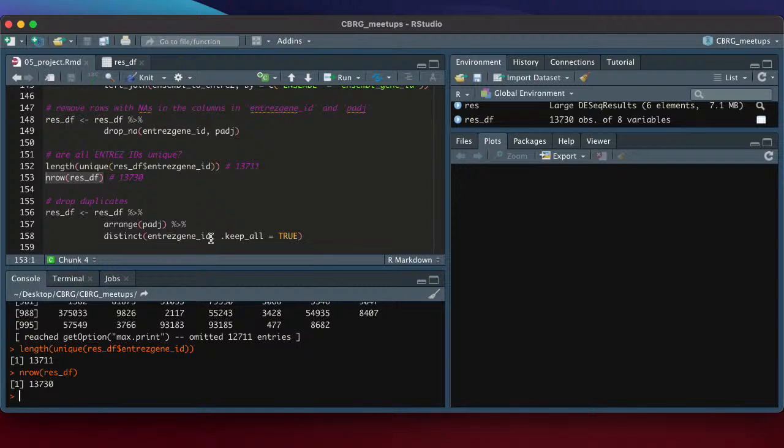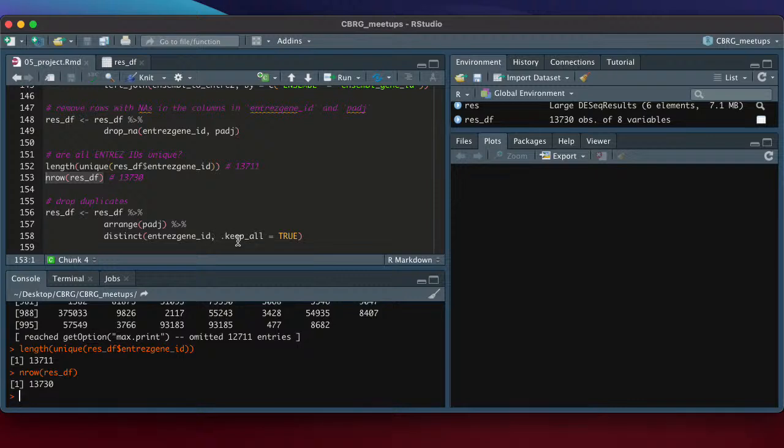So it'll go through the entree gene ID column, and it'll pass by all unique values. It'll ignore them. The minute it comes across a duplicate or a triplicate, it'll drop it, so it'll get rid of it. So this is a nice way of ensuring that the output only contains unique values.